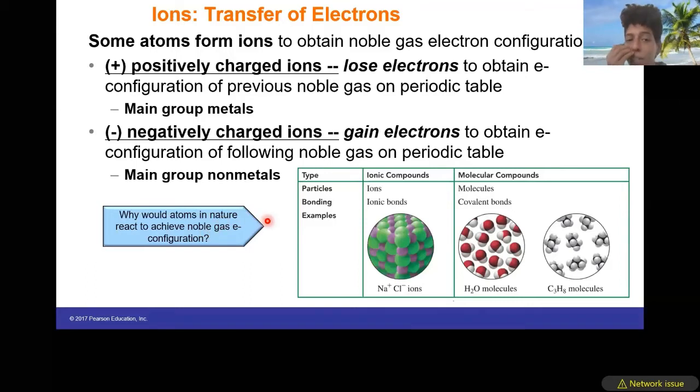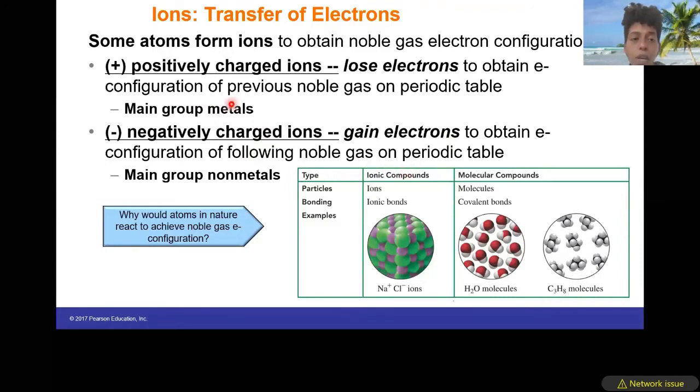Positively charged ions are going to lose electrons to become like the previous noble gas on the periodic table, whereas negatively charged ions are formed when electrons are gained to become the following noble gas on the